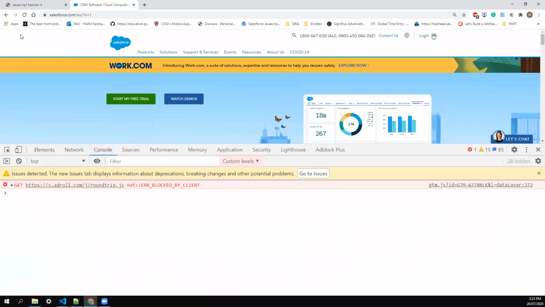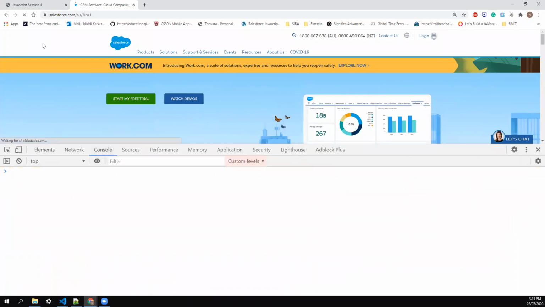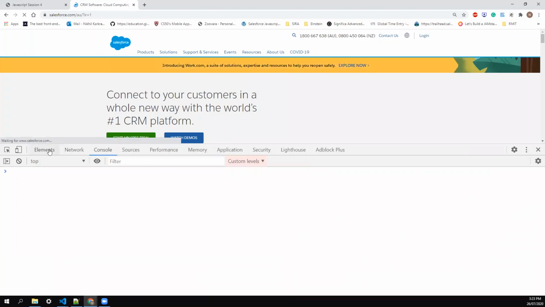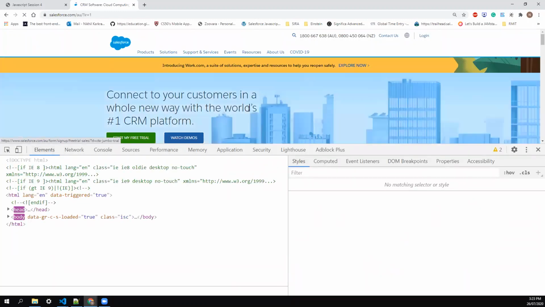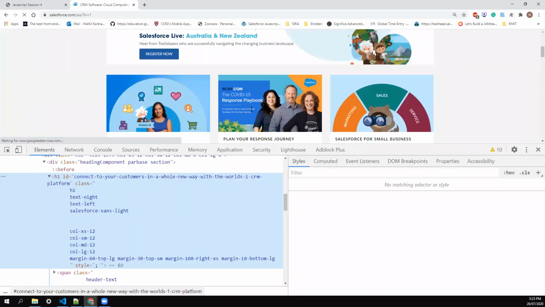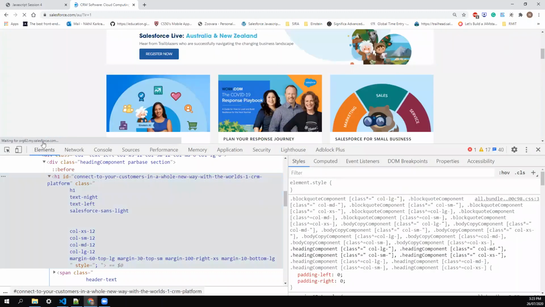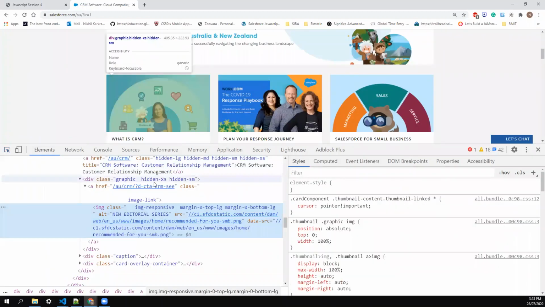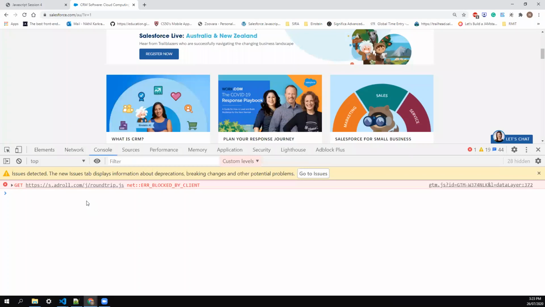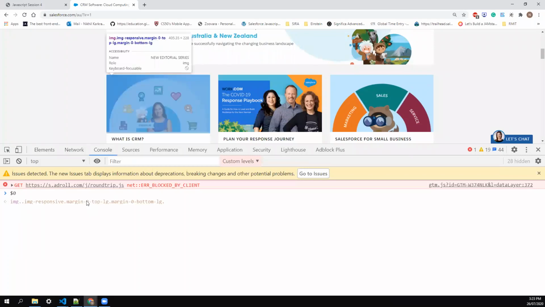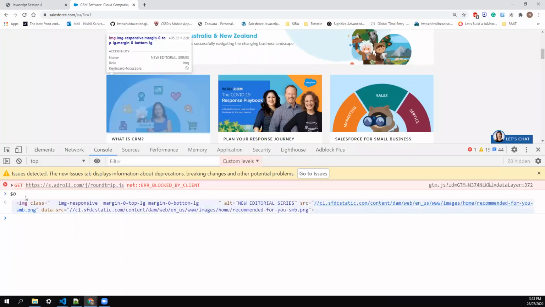Apart from that, we'll see some other cool tricks of the debugger. Suppose I have this image. I'll hover over it and I want to fetch this URL. Just focus here, click once, come back to the console, and type $0. It immediately gives you the actual element where you put the focus.